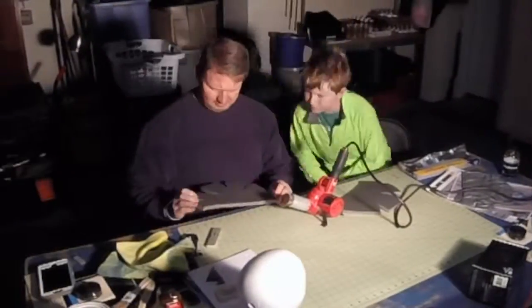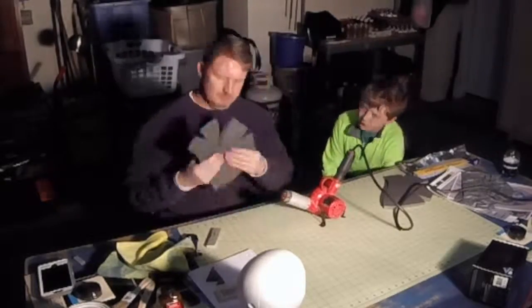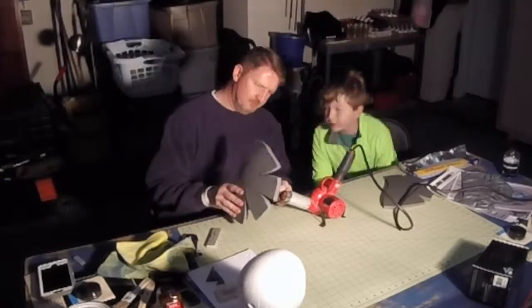Alright, so in this particular clip we are using the heat gun, that's the red thing sitting on the table there, to heat the foam and...